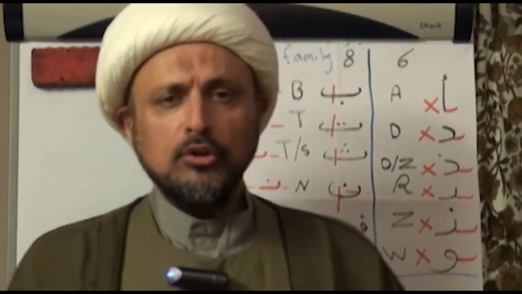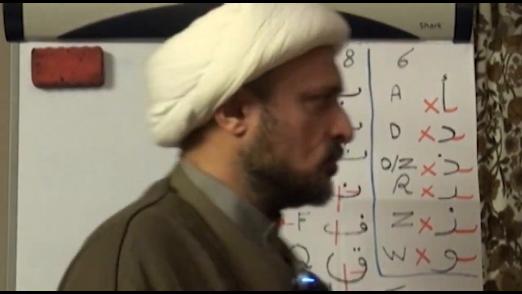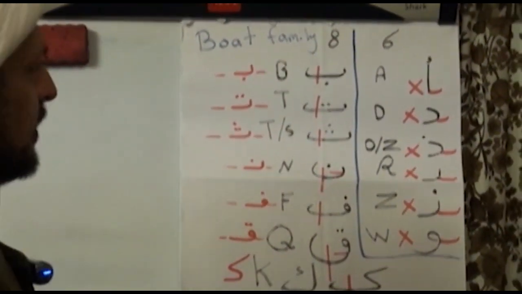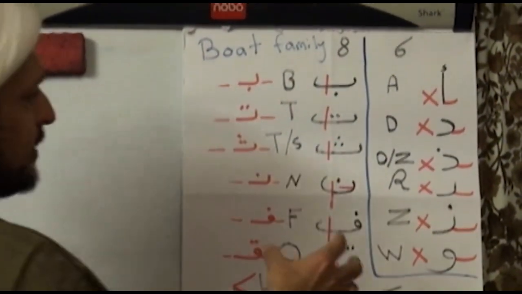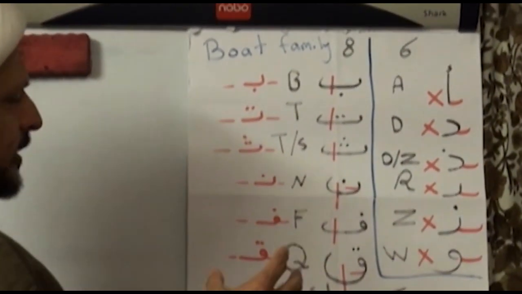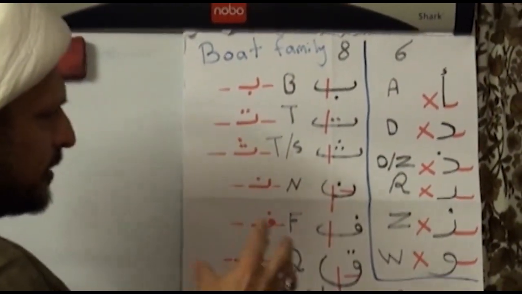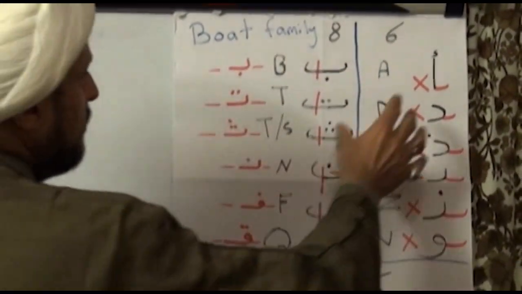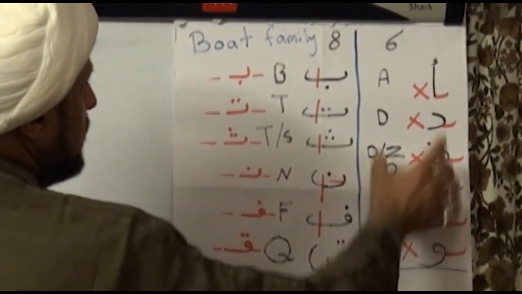So the short will be a, u, e. Long will be a, u, e. We're going to see how we can manage this. So if we come back to our chart, we said that we divided the alphabets in families upon how they look like. So we divided into these 6